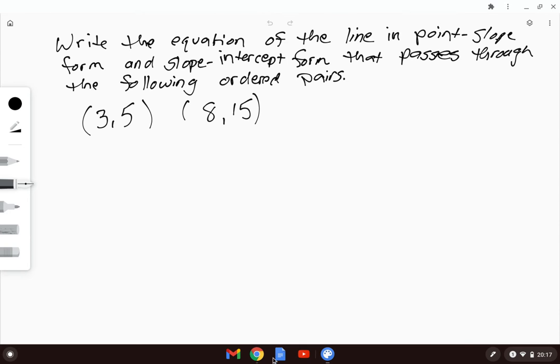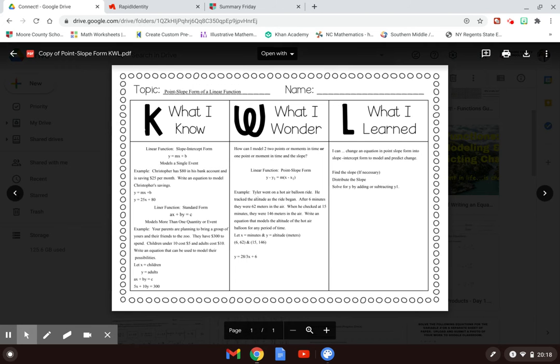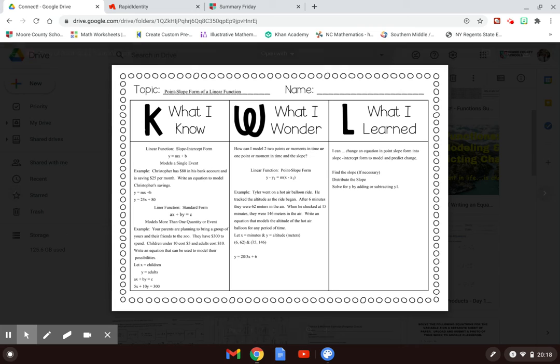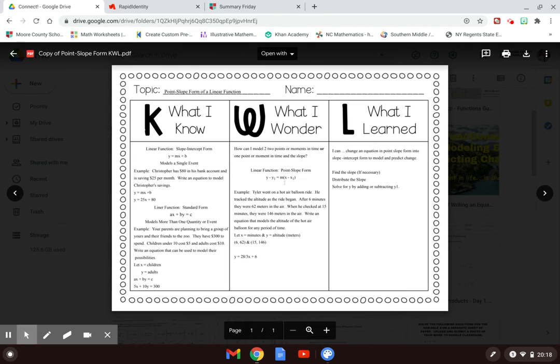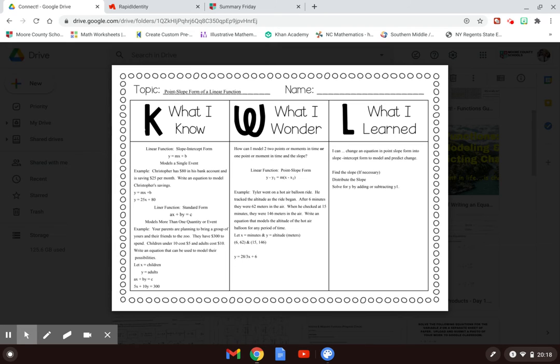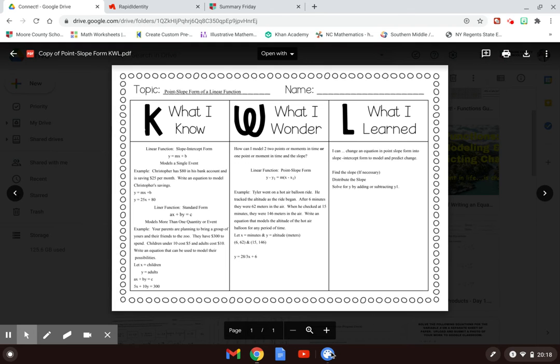Okay, so again, this is similar to what we started off with yesterday. I know two ordered pairs, so I'm going to have to do the extra step now of finding the slope. Then I can use my point-slope form to finish out finding the equation of the line. So this is modeling 2 points or moments in time. Okay, so if I go back to here,